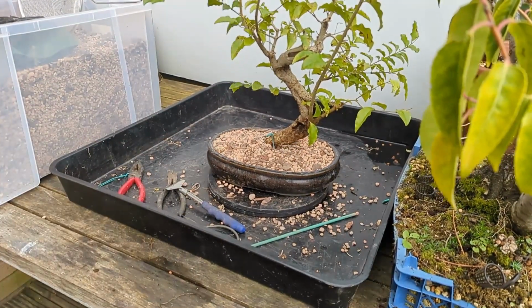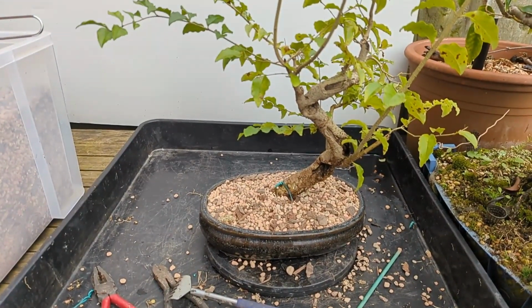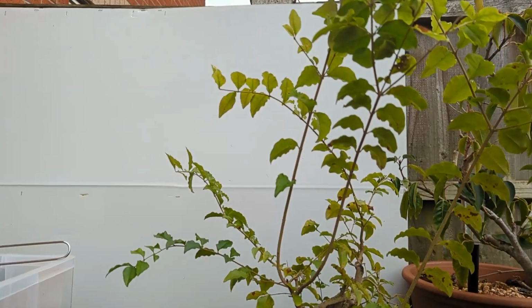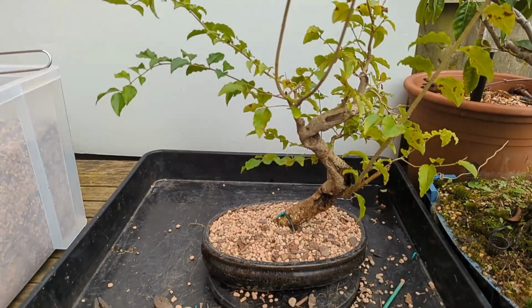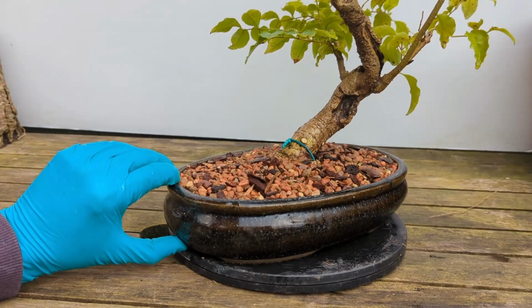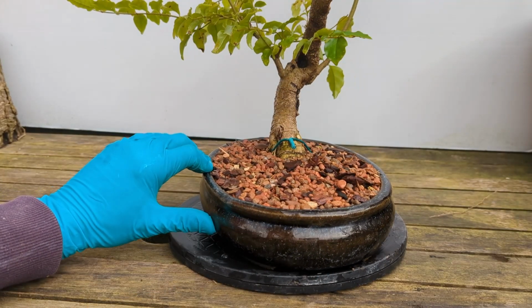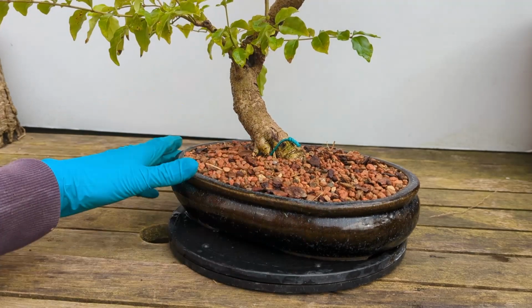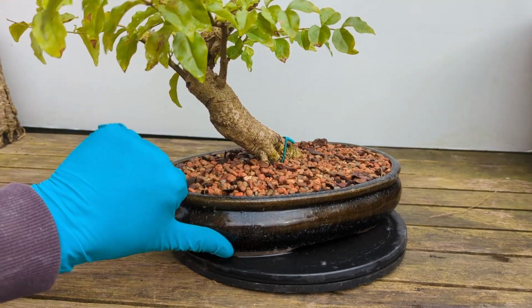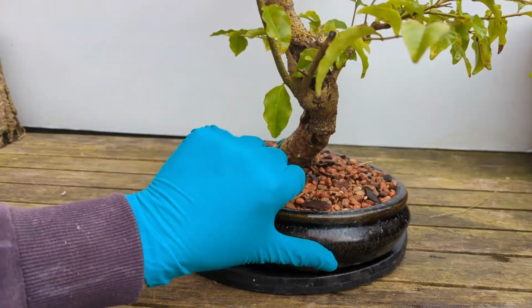Trees all in, nice and secure, so I'll give you a little look there. Now I just need to be working on the top now. We need to bring it down, but first things first, I'm just going to give it a good watering. Now you can see the colour of this pot better from this angle, and the fact that it's wet as well. So you can see it's got like a nice coal colour tinge to it. Well, you can see relatively better anyway at this angle. If the sun had come back out, you can see an awful lot better. But anyway,